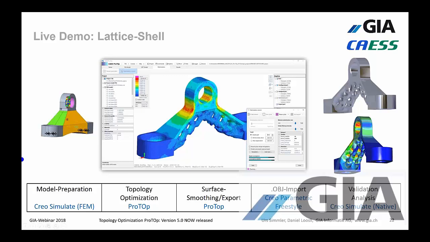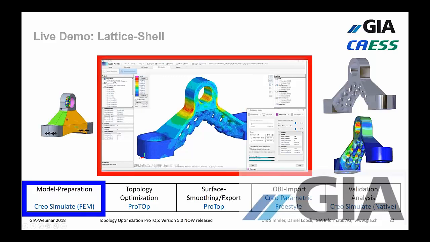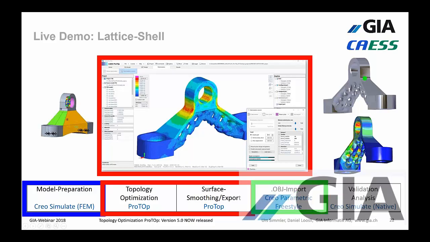I will do first here the model preparation. I will transfer, let's say, the FEM model to ProTOp, the new version 5.0. I will do some topology optimization, standard, doing some configurations with shells and lattices, and then at the end of the day I will export an OBJ file, and this OBJ file will be read into my CAD system in Creo Parametric, and with, let's say, the new geometry I will do a validation analysis in my FEM system of my